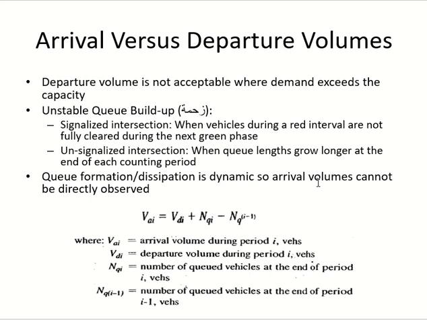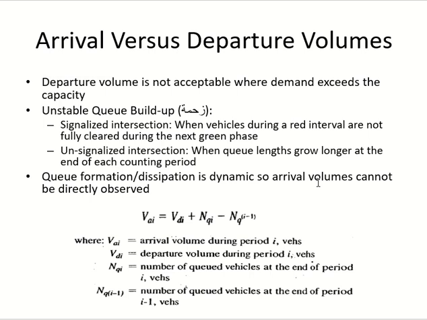So what are we using in the equation? VAI means vehicles arrived during time interval I. VDI is the volume departed during time interval I. Departed is the volume which is going from the stop line. So you will still count the volume on the stop line, which is a fixed point. It's a fixed point of the observation. The stop line doesn't move, so I make my life easier.